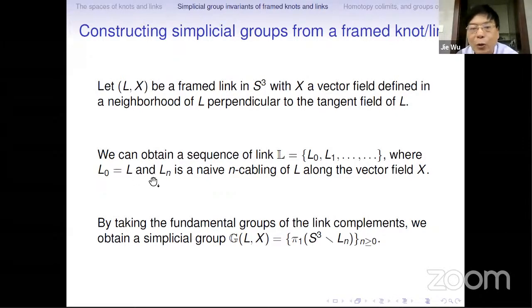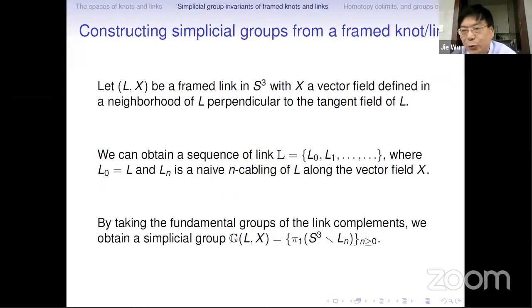Okay, so this is what we call a naive cabling. If you start with a knot and double it, you get the two component link, right? And then you try one more time, and so on and so forth. So the way we try to